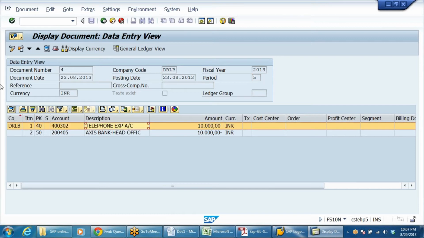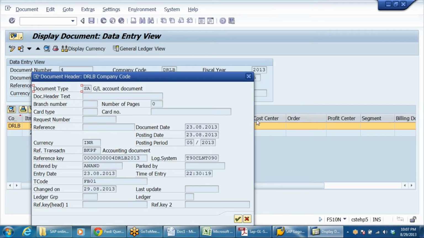And if you see this one, display document header, you see the document header, see changed on, so that's why it is showing today's date here. Document date, posting date, period, reference key, entry key, everything is there, but changed on 29. So that's why I think that is being shown like that. That's the only reason I think.